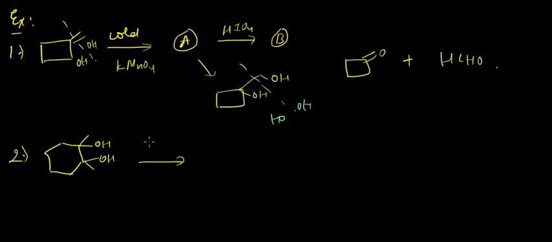Okay, again if we pass it in presence of HIO4, what will we be getting? Again this bond will be cleaved, and on both sides of the bond OH will be getting attached to the carbon atom, and as a result we'll be getting something like a symmetrical ketone. Okay,